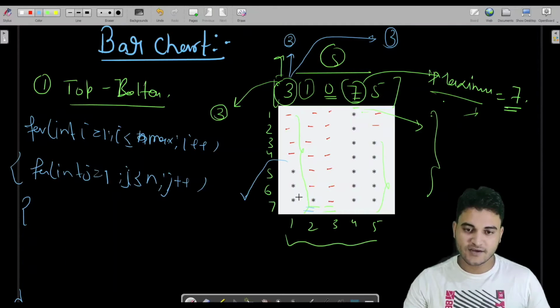Inside this one we have started the printing of stars after 6, considering the value inside the array, which is 1. Same goes for this also. In this particular array we have 7, the maximum value, so for that we have to print stars at every place of the column, and same goes for this also. We are printing 5 stars after 2, we have started the printing of stars after 2.